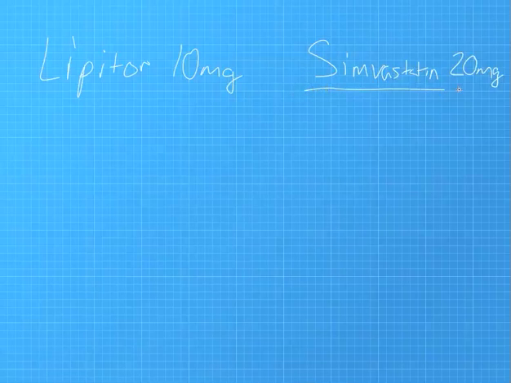So as a pharmacist or physician, looking at a patient on a cholesterol medication, one that's on 10 milligrams of Lipitor would be comparable to someone, or if you were to switch medications and try to get the same outcome, you'd want them on 20 milligrams of Simvastatin. And I'm going to use some made up numbers, but these numbers are fairly accurate, considering that